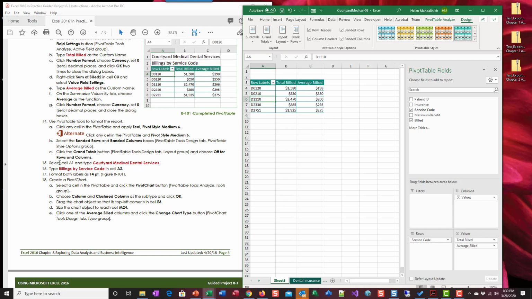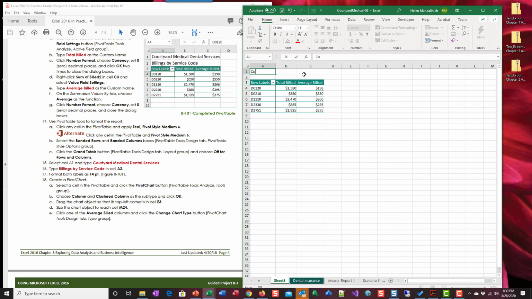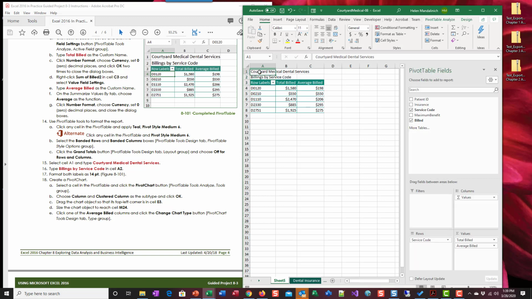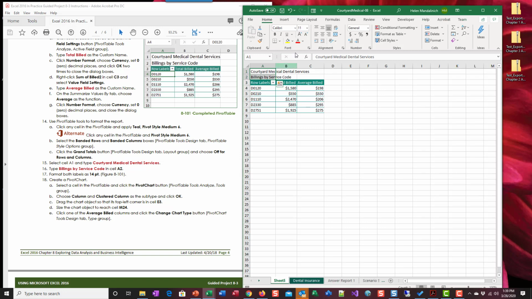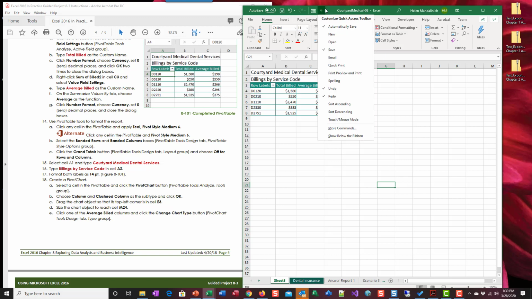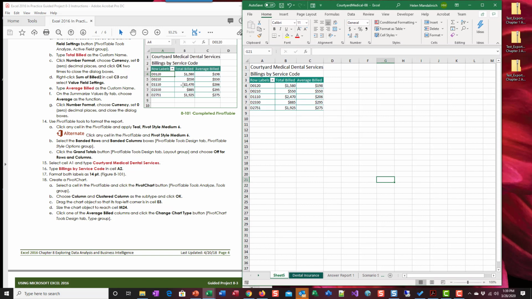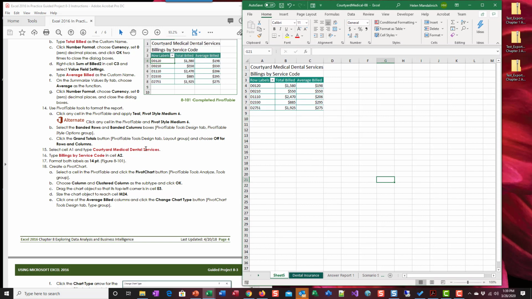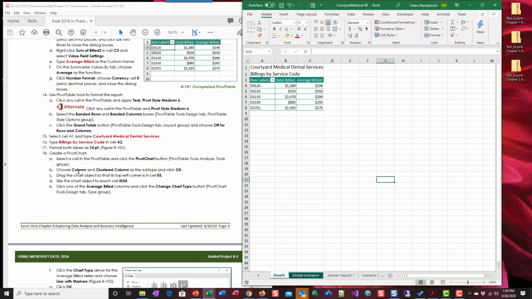Okay. So now we're going to come up here to A1 and type Courtyard Medical Dental Services, enter Billings by Service Code. We're going to select both A1 and A2 and make it 14 point. So now it looks very much like the answer sample there. Okay, so we're done with 14,